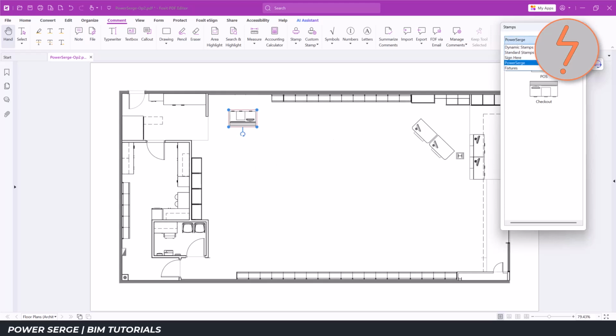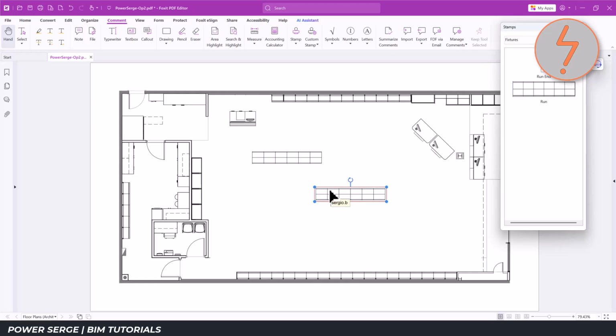Next, it's time to lay out the fixtures. These were previously arranged in vertical runs, but for this proposal I introduce longer horizontal runs to increase stock capacity and improve shopper flow. As I place these fixtures, I take advantage of Foxit's alignment and grouping tools, snapping items